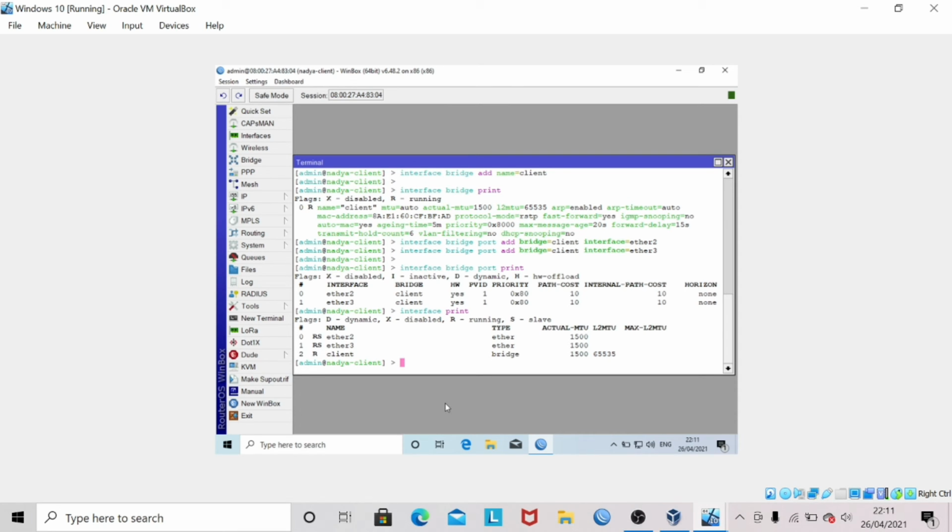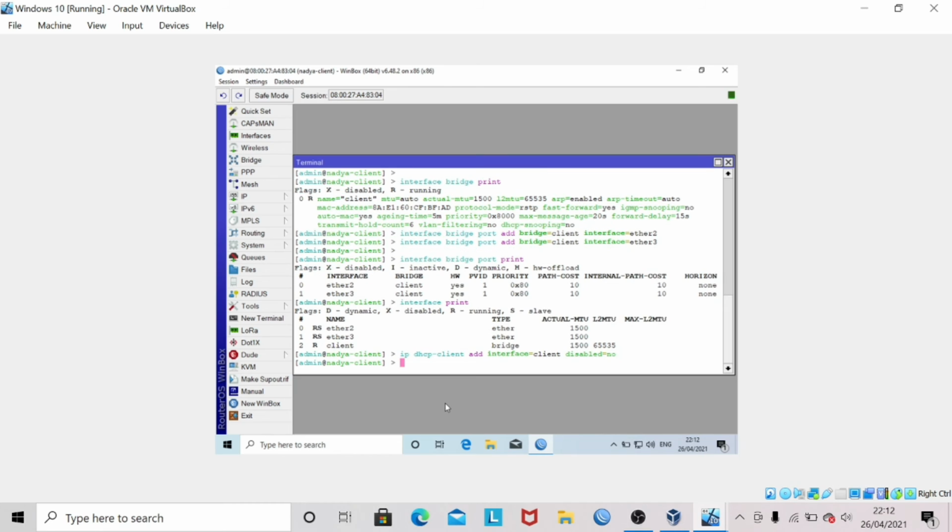Next, connect the client router to the router server by making a DHCP client request through the client interface that has been created, using the command ip dhcp-client add interface client disabled=no.